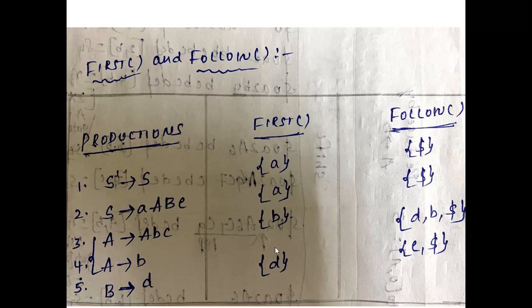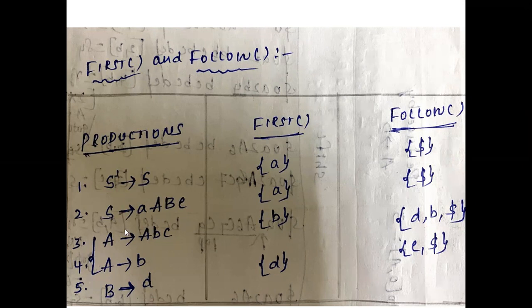What is first of capital B? D. We already constructed for the B, right? It is D, union. Here, we are having another rule and make this as a B. And what is beta? Beta is a terminal, that is b. D union b. And we need to get the dollar at the output of each and every variable. That's the main role of using this follow function.